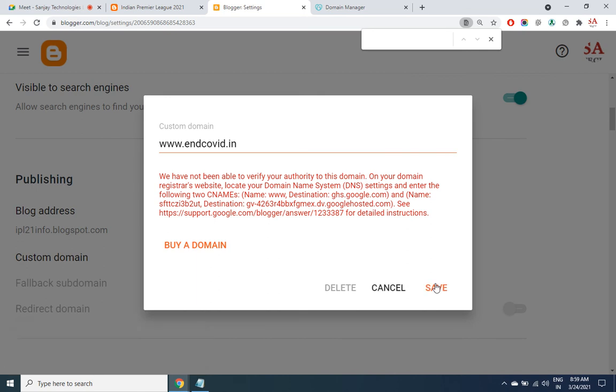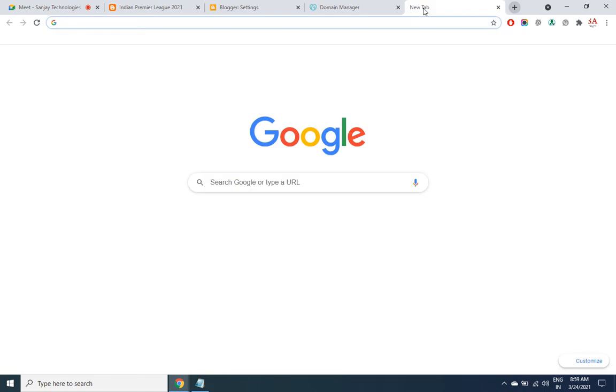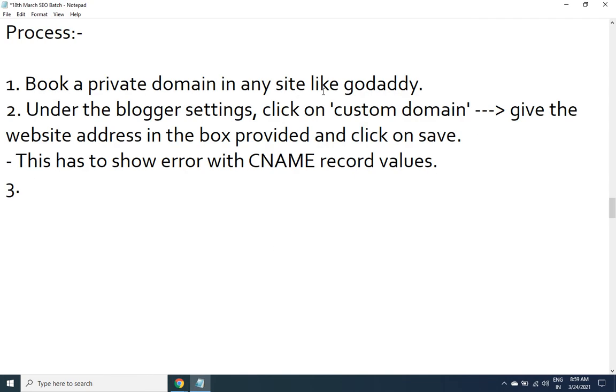Could not update settings, try again, because we had the previous record values. This is the process to do it. It will not be updated because I already had the site up and running. But once you have done it and clicked on save, your site will then work on the private domain. Even if someone enters the old free website address, it will automatically get redirected to the private one. Let us see this process again tomorrow. Maybe the CNAME records will get replaced even at the server level. Then we'll be able to see that. Go into the DNS settings.